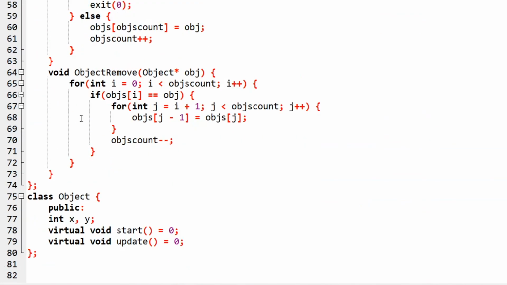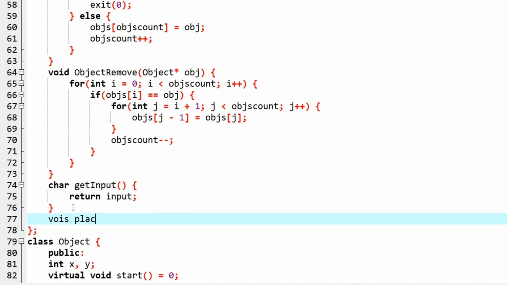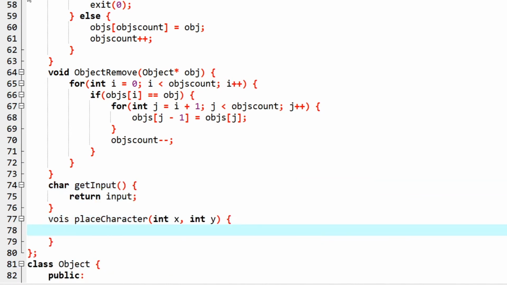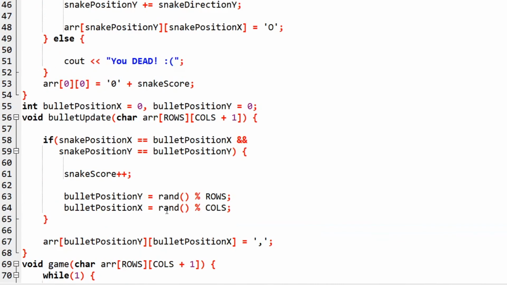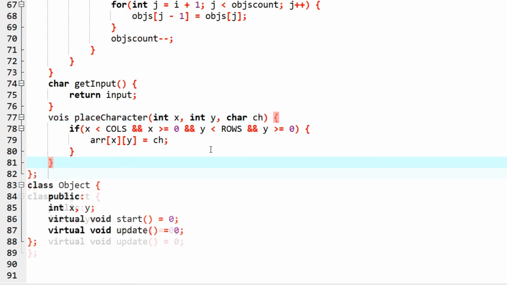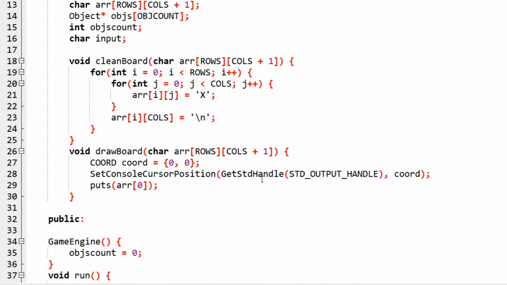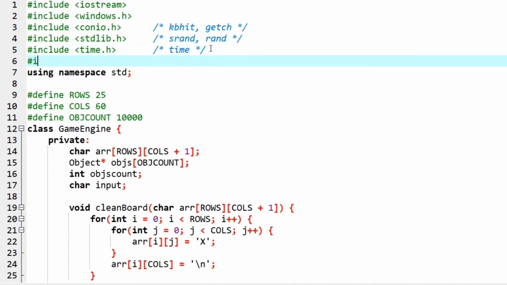So instead of having these, I can have functions, void character get input. Let's call it place character, and actually let's simply copy the logic that we wrote here. And while we are at it, why not create functions to place strings as well, like real text, right? We need to have the string library.